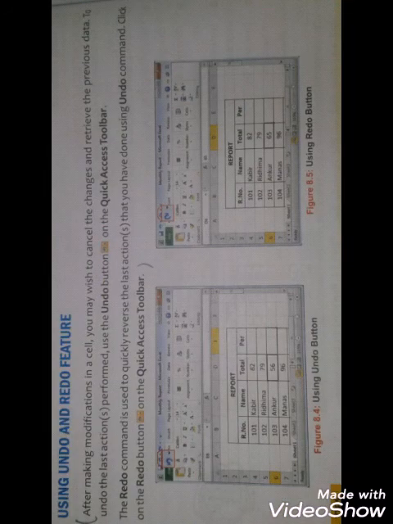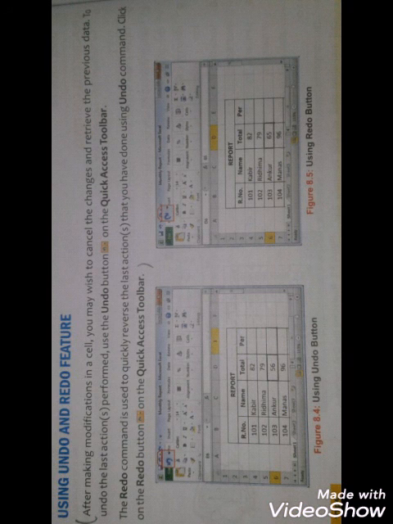Next heading is using undo and redo features. Both commands are very useful in Microsoft Excel. The undo command is used to cancel the last action which you have performed. After making any type of modification in the cell, you may wish to cancel the change and retrieve the previous data.